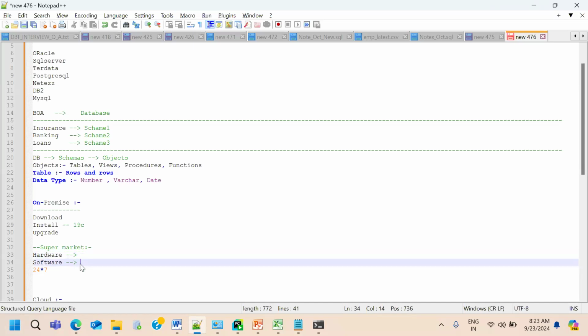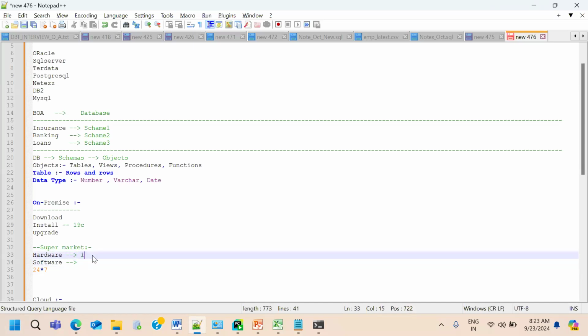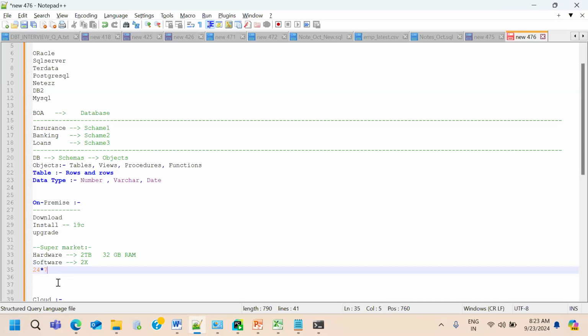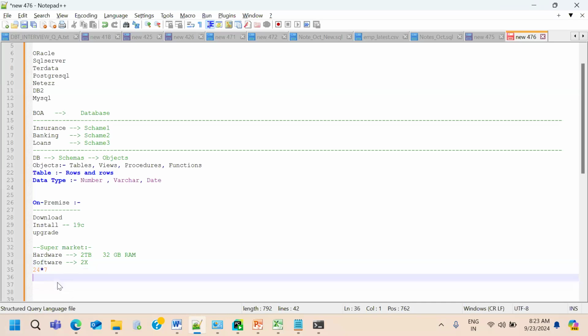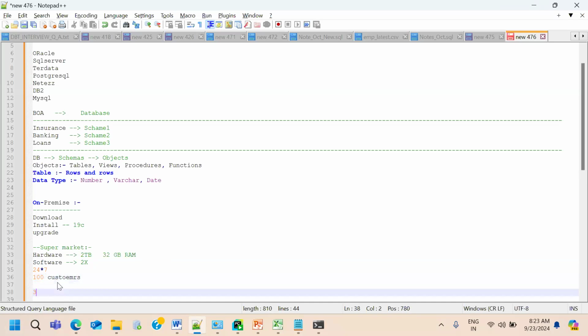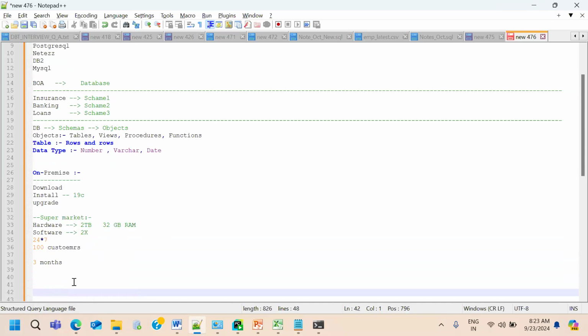Let us say you are currently purchasing the hardware, let's say 1 terabyte of hard disk, or let's say 2 terabytes of hard disk, and 32 GB of RAM. So 32 GB of RAM, and you purchase the software. Let's say the software version is some name 2x. And you purchase that and you start the business. So let's say initially you have around 100 customers. And after 3 months you feel that your business is growing, so